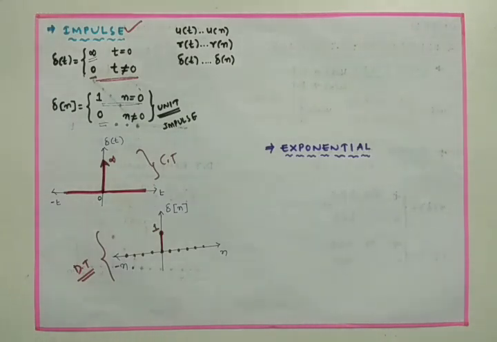And now we are going to talk about the exponential signals. There are two types of exponential signal. One is the real exponential signal, another one is the complex exponential signal. In the real exponential signal, we simply have three cases: either it is a constant signal, the second one is an exponentially increasing signal, and the third one is an exponentially decaying signal, and those signals will be discussed